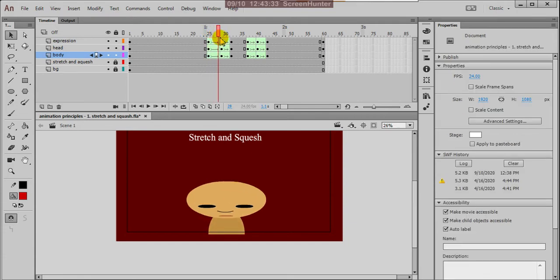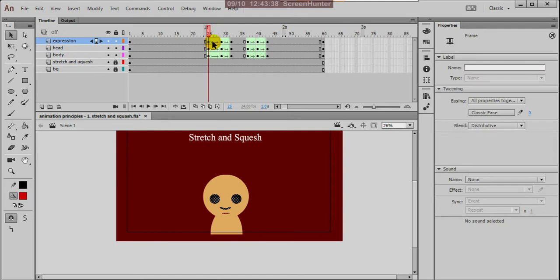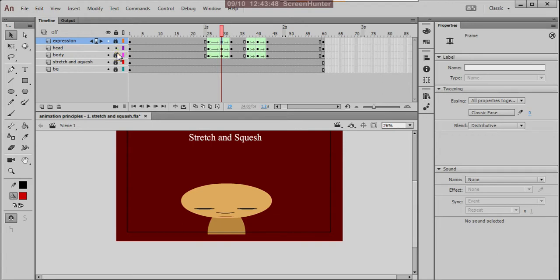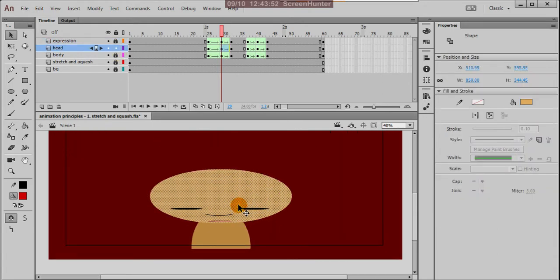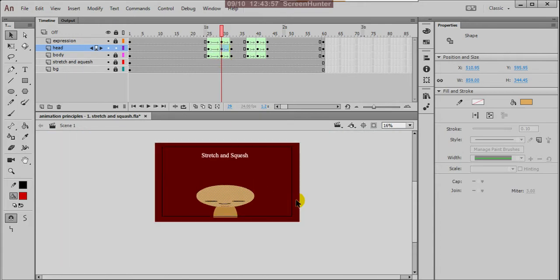And at the other end, after leaving 1 2 3 4 5 frames here, I squashed this head horizontally, because this is the squashing position. So that is our assignment.